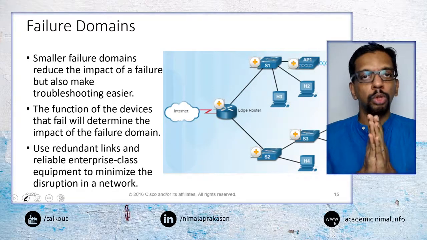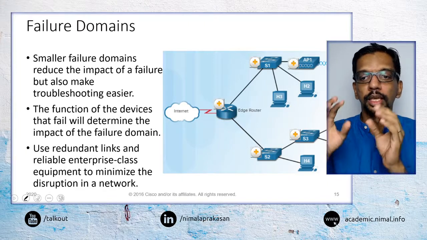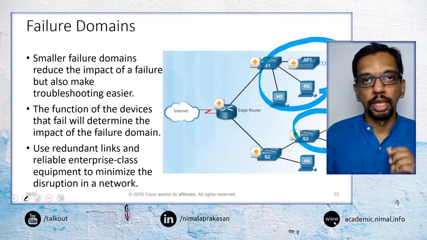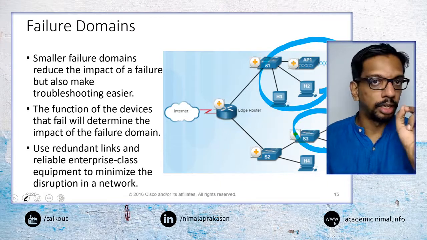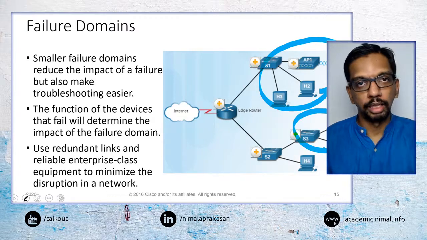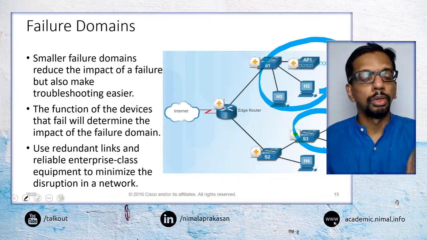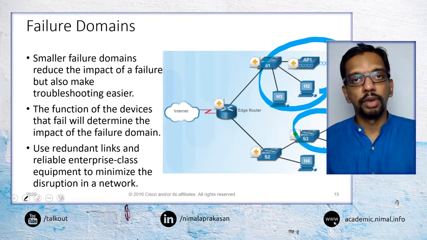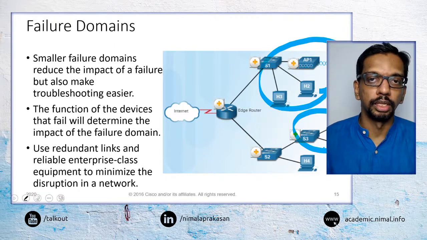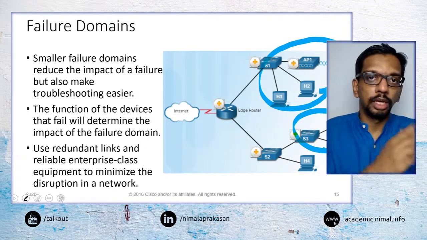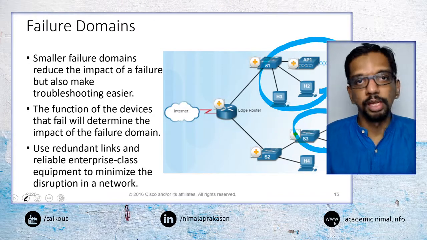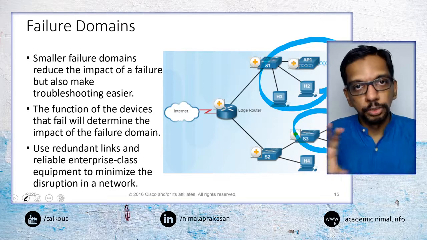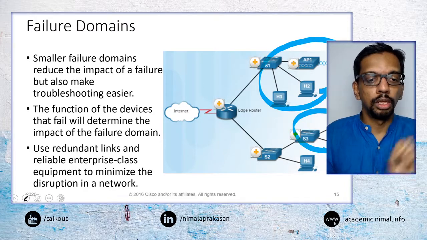The reason why we want to have smaller failure domains is, say, if it is only impacting a smaller portion of the network, then we can easily troubleshoot and identify where the problem could be, and that can be fixed. And also, in terms of availability, only some of the devices are going to be impacted by that failure. If we have everything connected to a single device and that device fails, a lot of things will be impacted. So that is one of the reasons why we would try to spread out the network into smaller failure domains